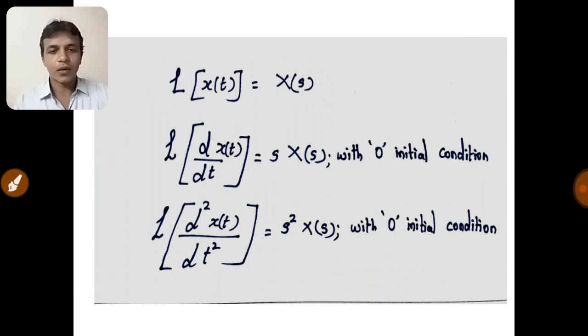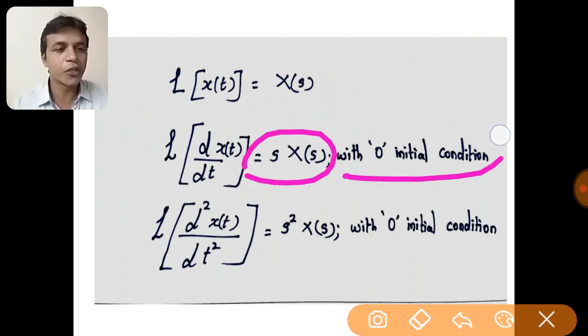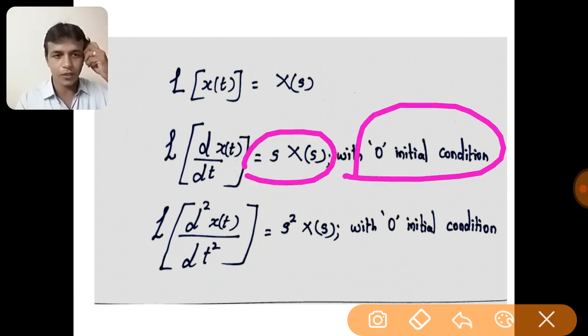Next, we are going to apply the Laplace transform to velocity. The Laplace transform of d by dt of x of t is equal to s into X of s, under zero initial condition. This we should not forget, under zero initial condition, because